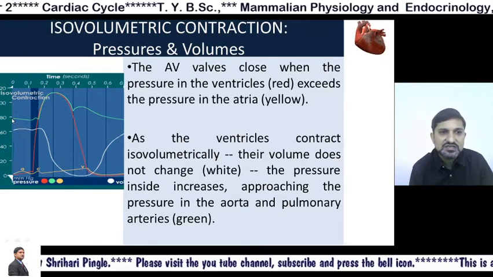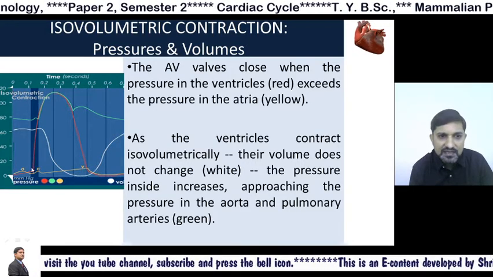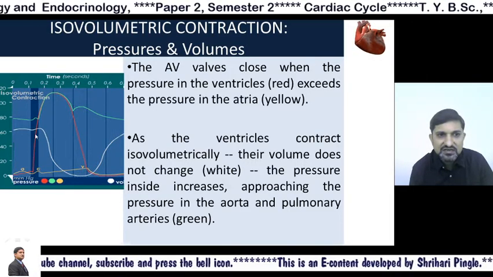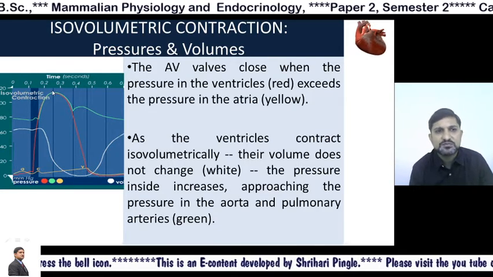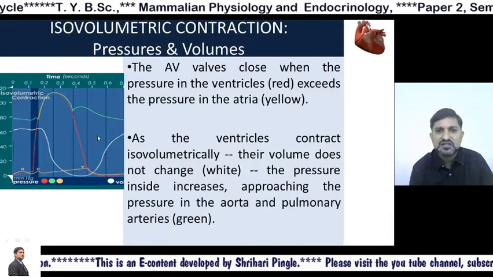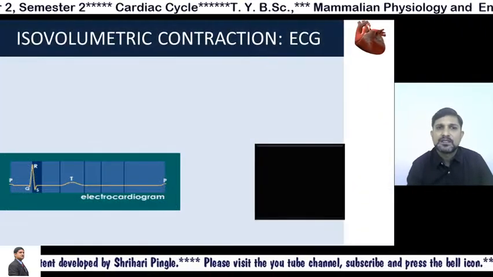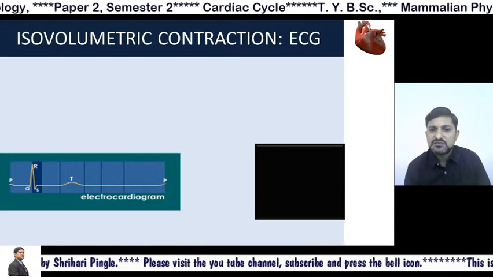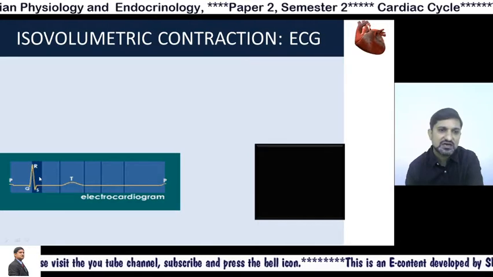So you see this range here, 80 mm of mercury to 120 mm of mercury, and the pressure inside the ventricle goes past 80 mm of Hg, and when it goes past the pressure here, this is the time when semilunar valves will open. Then in terms of the deflections that you get in ECG, this is the phase which